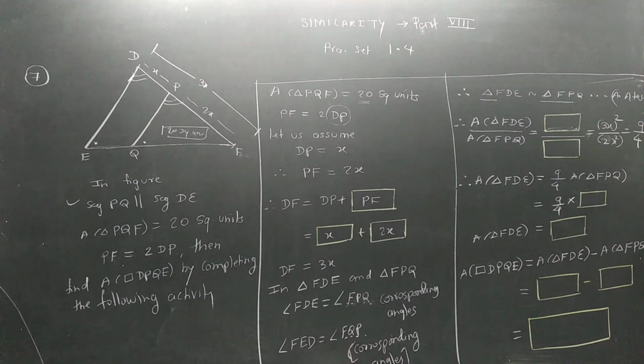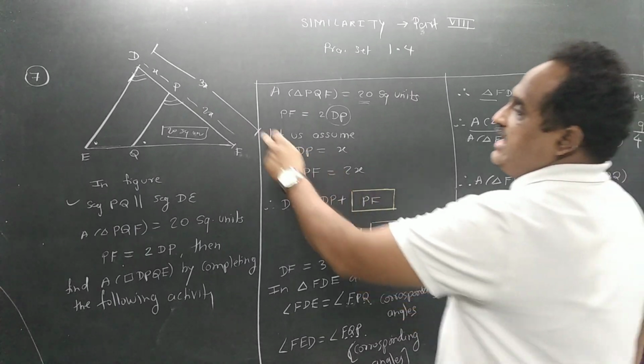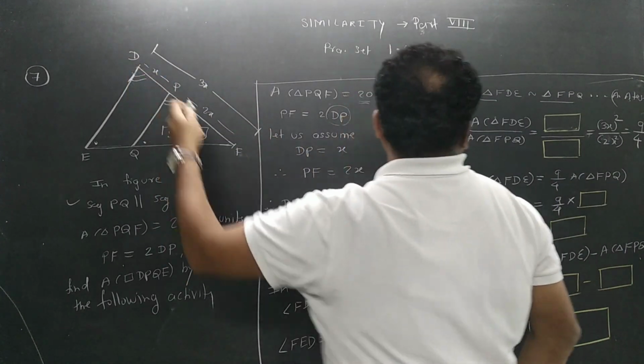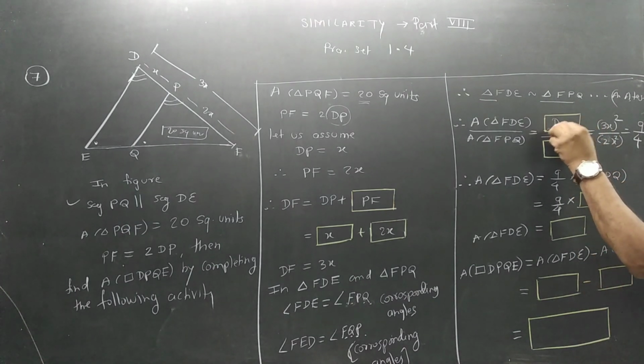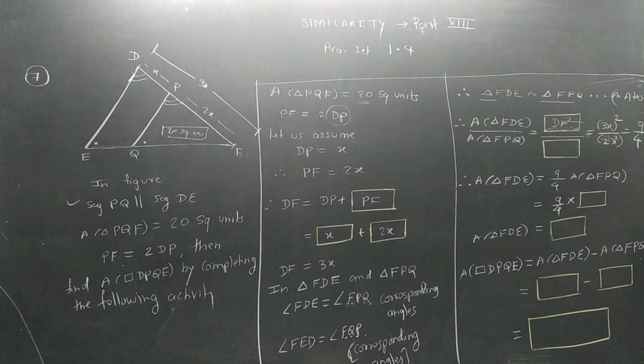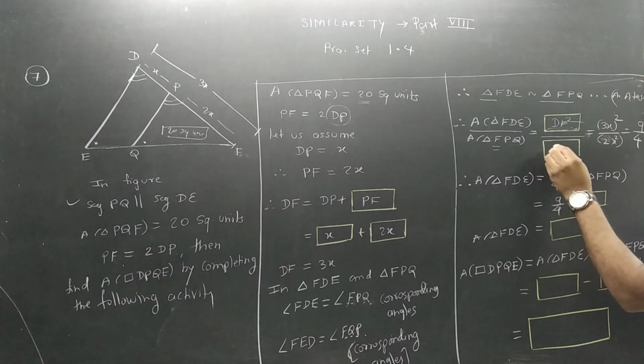Is it right? Now they have applied the theorem on areas of similar triangles. They have not given the reason, so it is no problem. If you want, you can give the reason by the theorem on areas of similar triangles. Now we know the value of FDE. FDE में हम लोग ये साइड लेते हैं. Which side is that? DF. So we are going to write DF square और DF लिया तो यहाँ क्या होगा रे? PF square.